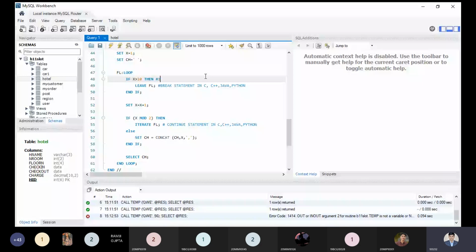Now when talking about x mod 2, so 2 mod 2 if I'm doing, as we know, the answer will be 0. Yes, am I right or not? If you have any doubts, you can ask me. If I am applying the modding between two values, the result depends on the value we are using on the left side. So 2 mod 2 will provide 0 and 3 mod 2 will provide 1. So what is the remainder value we are getting? That is a part of that. Just tell me right now. Is it clear?